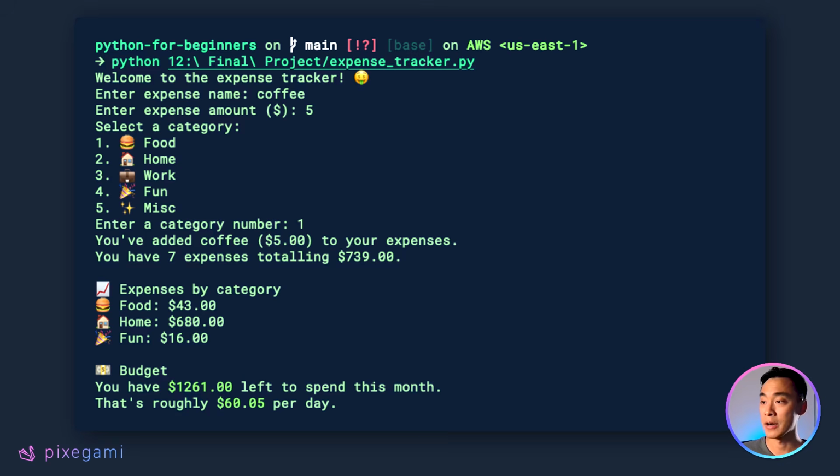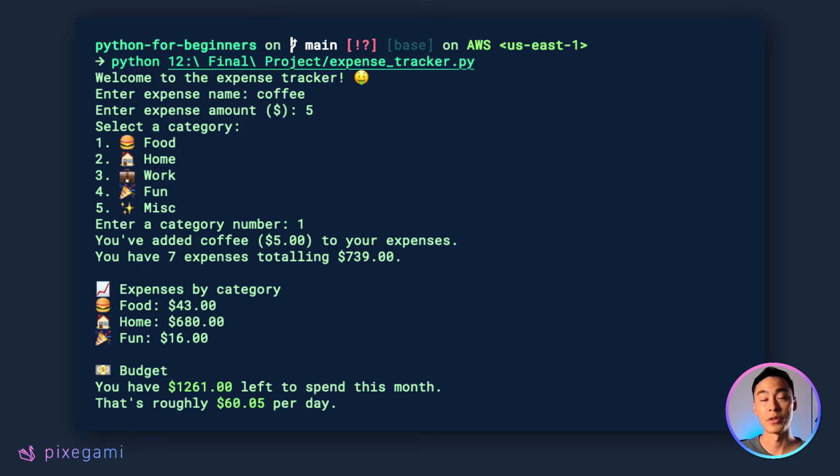So for example, here I could type in, I had a cheeseburger for lunch, so that would be in the food category, and then I can type in the price of maybe $12. The program will save or append that expense into a file. So this is going to be a CSV file. And finally, we're going to read all of the expense entries in that file, including the one we just added, so that we can summarize the expense totals for that month. And we might even want to be able to sort them by category.